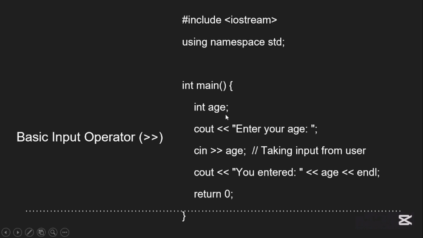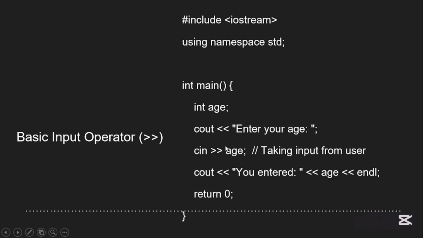In the previous video, I showed you how we can declare a data type with a name. You can see there I have declared a variable with the name age. Simply, I have to store a value in this age. Then what I should do is display a string line on the screen so the user can see that line and give a response to it. This line should be "Enter your age." The user sees this message, and in response to it, he will be able to